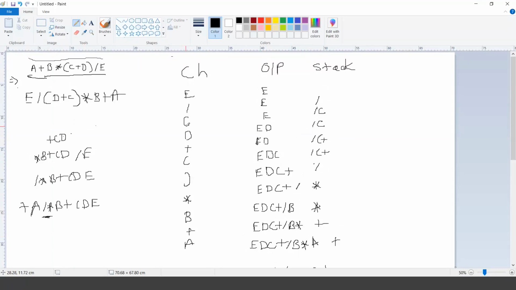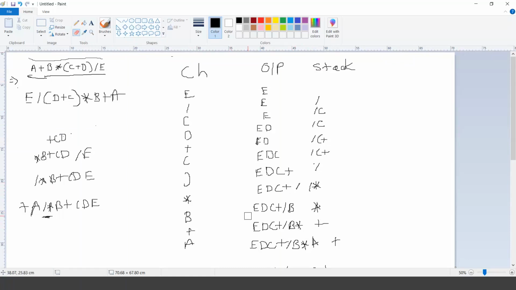Okay, who was it? Hello, sir. Yes, sir, you should not pop out the same precedence operations in prefix. So that was the error that I was making. Okay, fine. So here, on the stack, I'll keep the divide and I'll push the star, right? Yes, sir. Okay, let's follow from the step number here.